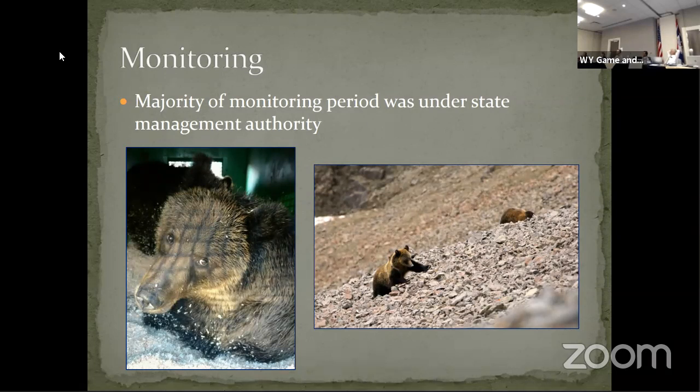So again, we try to maintain a representative sample throughout the system to try to understand what's going on with that population. One thing we're focused on now is trying to come up with a more accurate population estimate. We know we've been underestimating the population, and as we move forward, we need to have that accurate population estimate, as well as a better assessment of trend, if we can. And again, every animal that we handle provides a wealth of information on everything that's going on with that bear, which informs us on the overall population.